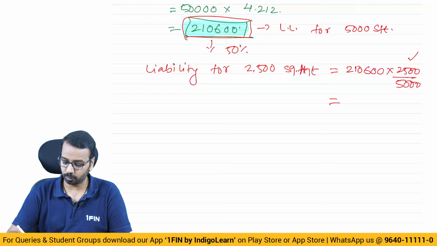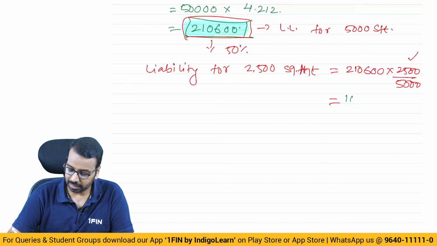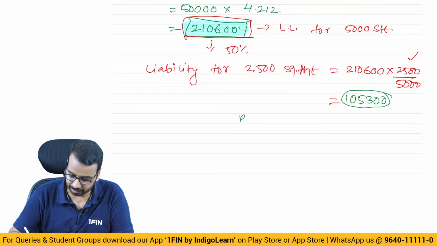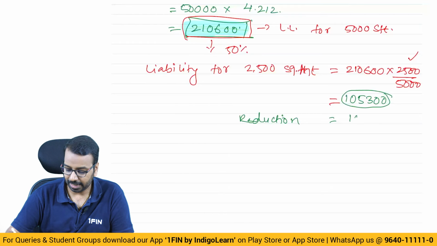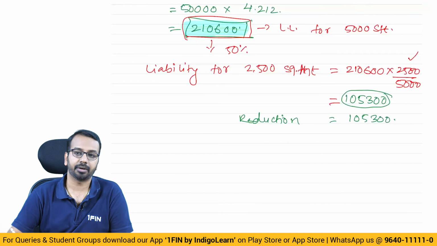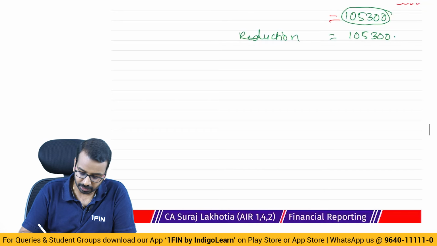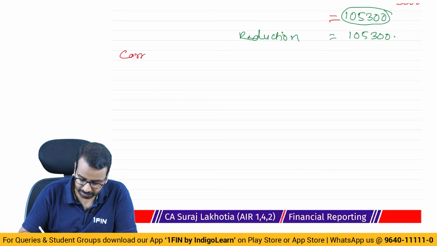If I divide it by 2, I get 1,05,300, and the reduction in liability is 1,05,300. Then we also need to know the carrying amount